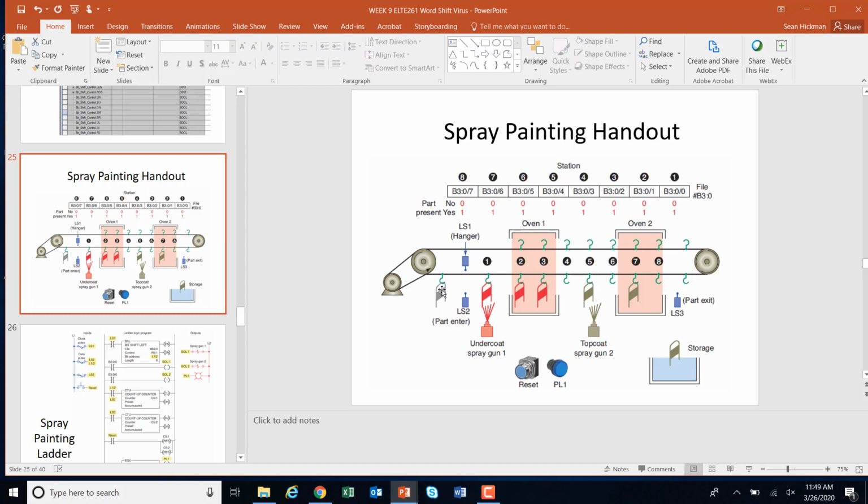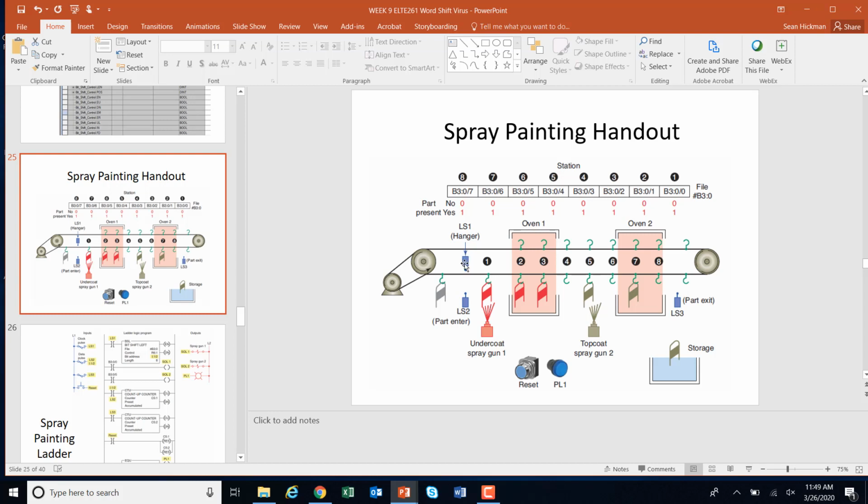It looks like it's going to make a limit switch, and that limit switch is going to determine part entry. So limit switch 2 is going to, I think, sense limit switch 1. When the conveyor hits limit switch 2, limit switch 1 checks to see if there's a part there,